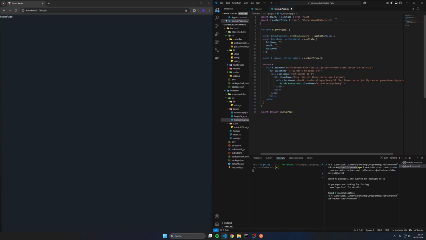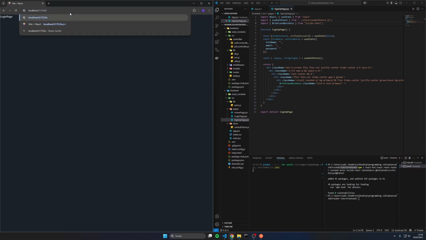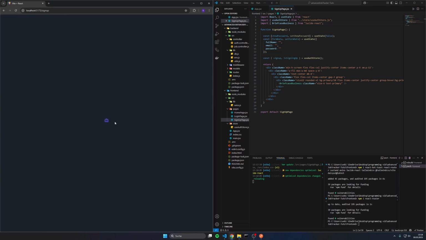Then we also have to import this icon. So we're saying briefcase business from Lucid-React. We save this, and now if we go over to the sign up page, so now you can see